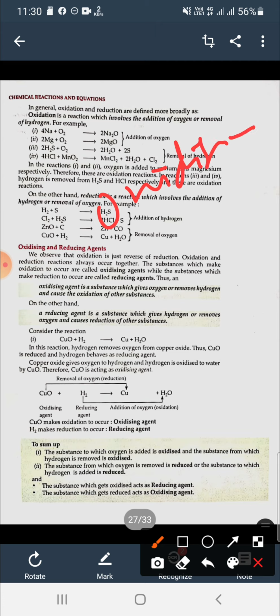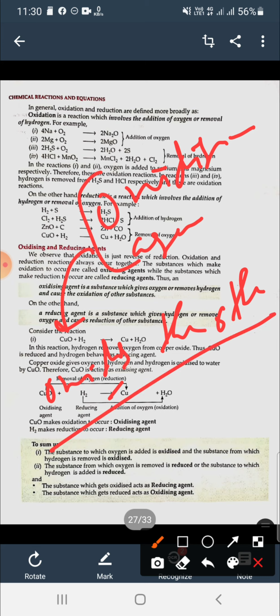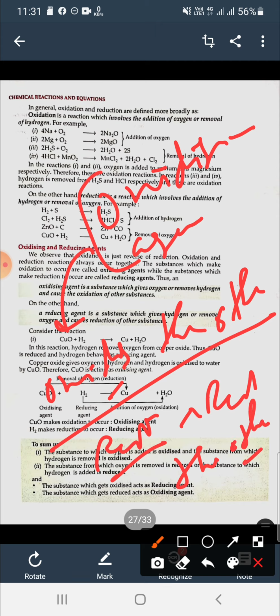and reducing agent. Oxidizing agents oxidize the other element or person. Oxidize the other, and reducing agent reduce the other element or compound. So for example, you can see here